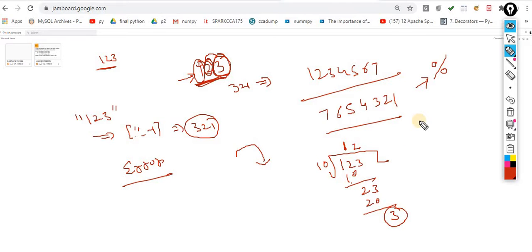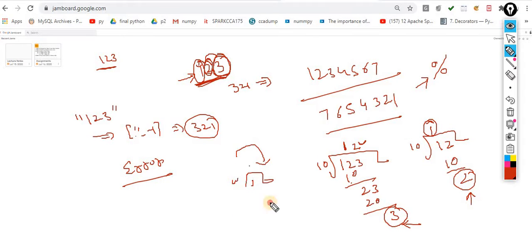After that, my target is now I want 2. How can I get this 2? If I do the same process over here, I got this 3, then I got this 2. That means I need a remainder, and I also need a quotient. After performing this step, I need a quotient again. Same thing I perform, then the remainder I will get is 1, and here the quotient will become 0. When the quotient becomes 0, that means I did my complete steps.